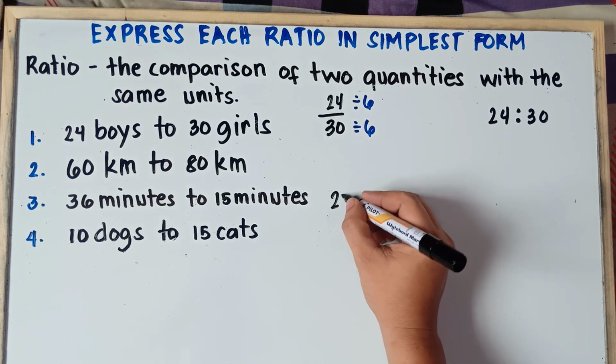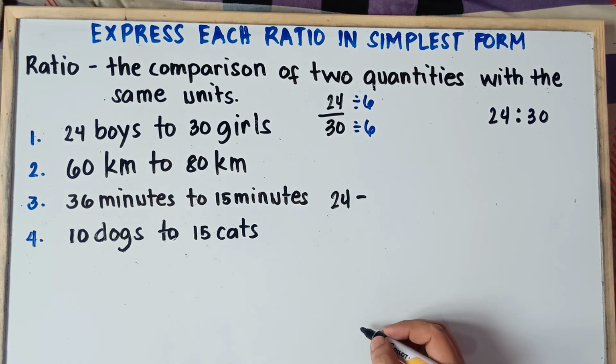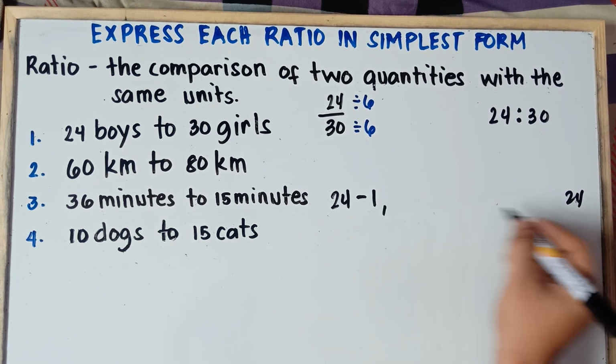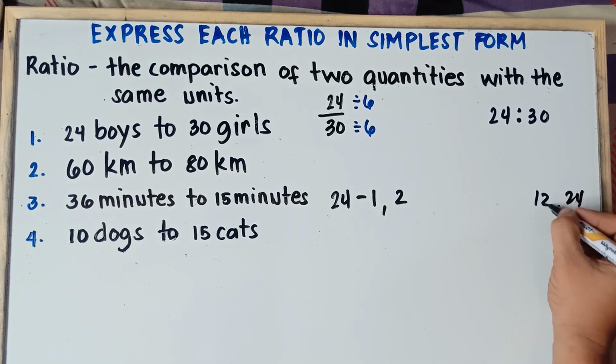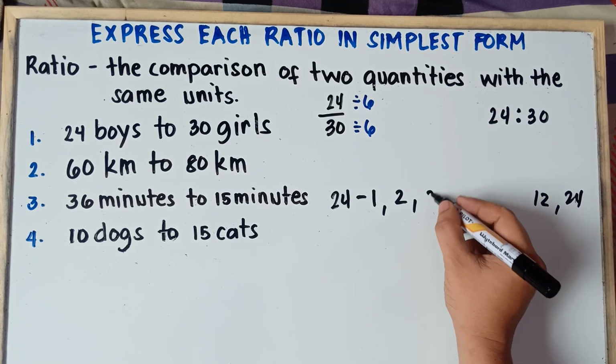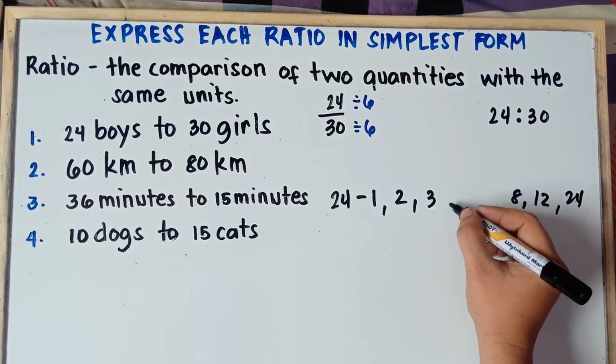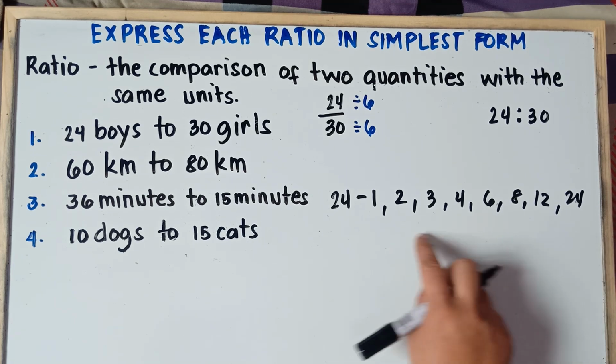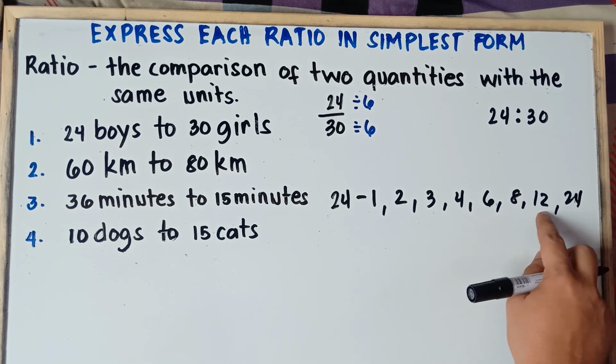For example, 24. I'm sure you remember this during your elementary years. If the teacher asks you what are the factors of 24, you will do it like this, right? 1 times 24. And then you will have 2 times 12. And then 3 times 8. And then 4 times 6, right? If the teacher asks how many factors for 24, of course, you just count these numbers. 1, 2, 3, 4, 5, 6, 7, 8.